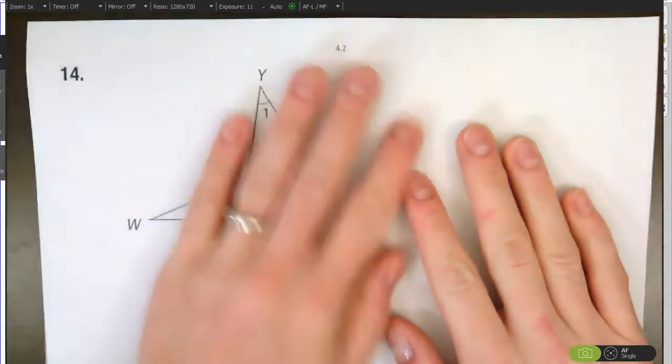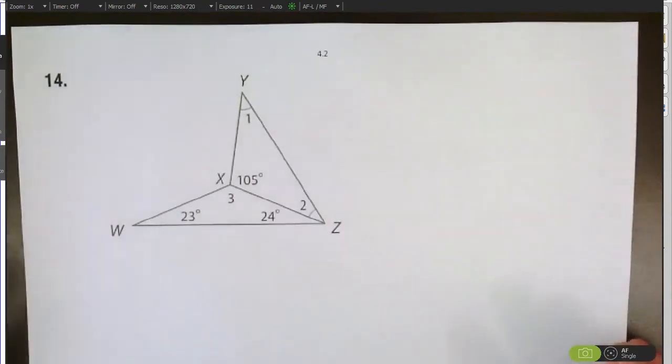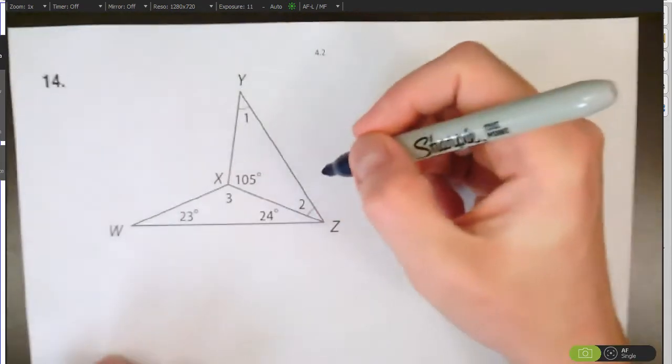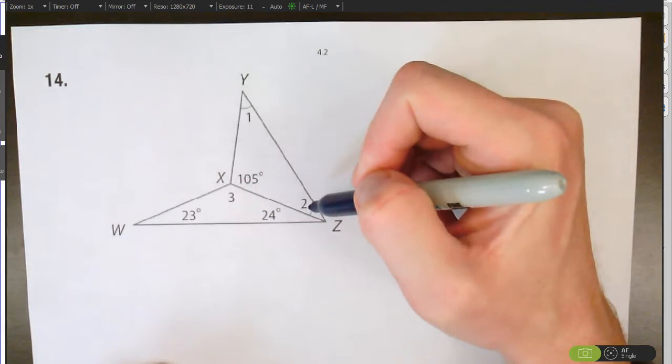Okay, so here are a few examples from section 4.2 in case you missed class. So first of all, what you're supposed to do is figure out the missing angles. So this is the warm-up for the section, I think, for the second day. So anyway, on this one here, you're told in the beginning that 1 and 2 are congruent and that this